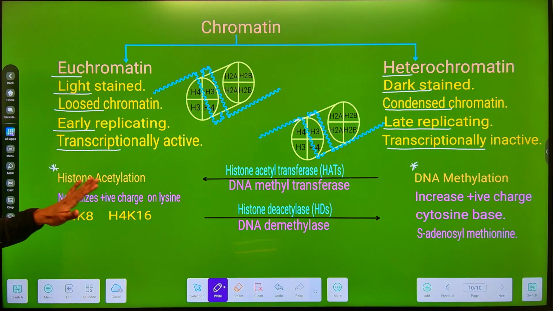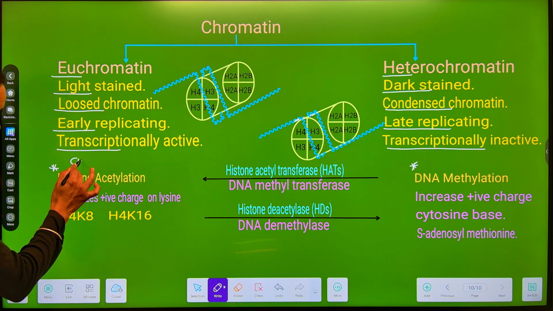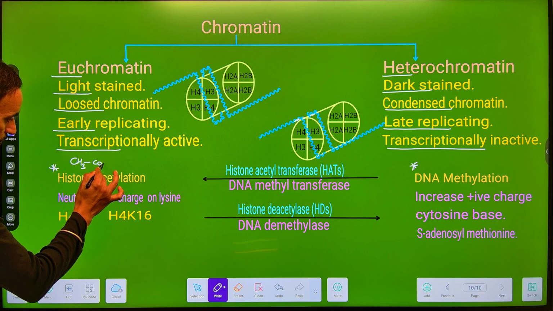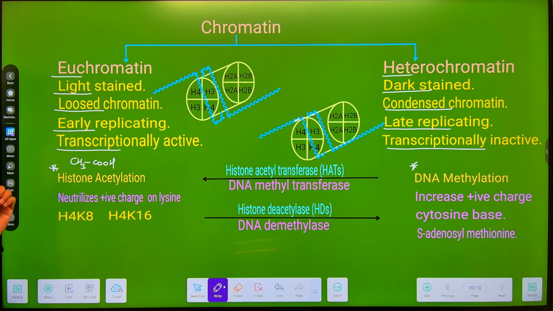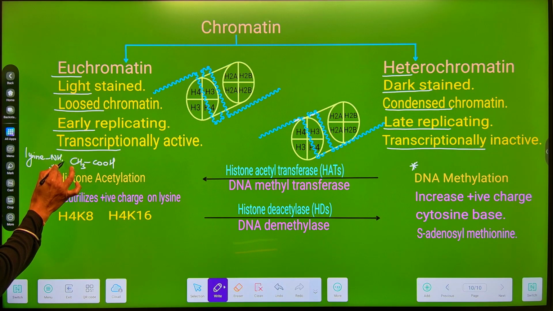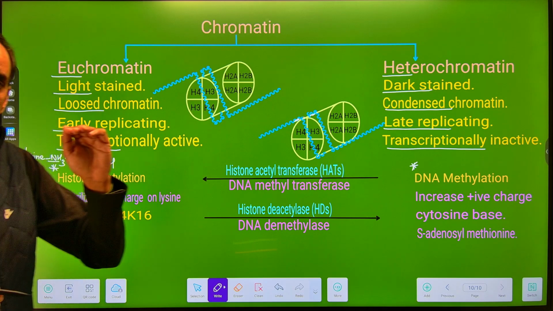Simply, अगर आप हिस्टोन को एसिटाइलेट करेंगे, मीन्स इफ यू ऐड this acetyl group onto the histone, and the acetylation generally occurs on the lysine amino acid, और जो lysine amino acid की side chain है which has the NH3 group, अगर वहां पे आप acetyl group ऐड करेंगे, you are reducing the positive